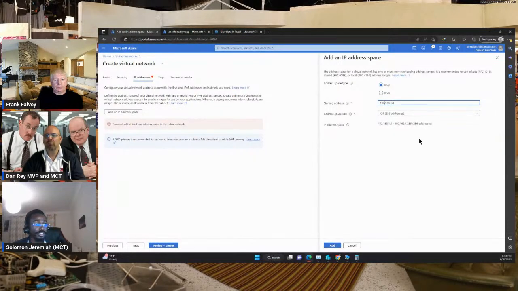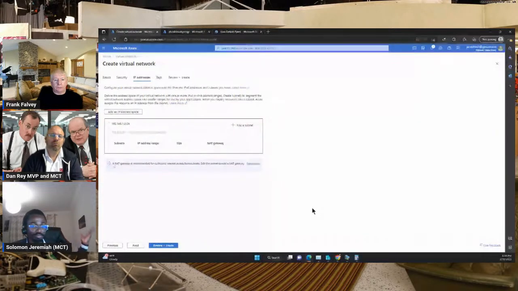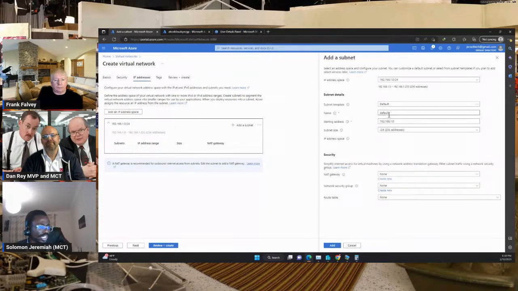This is a class C IP address that I'm using, right? So I will just use this. I'm not using the 10 dot. I'm using the 192 now. For this, I can add a subnet, and if I want to add a subnet, I can choose to just use, let me just use